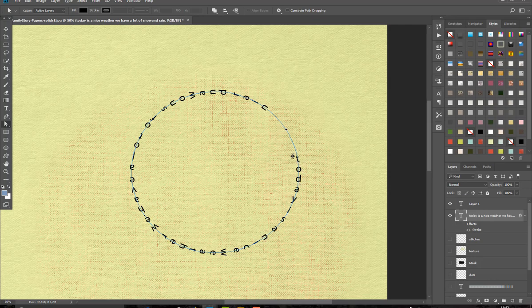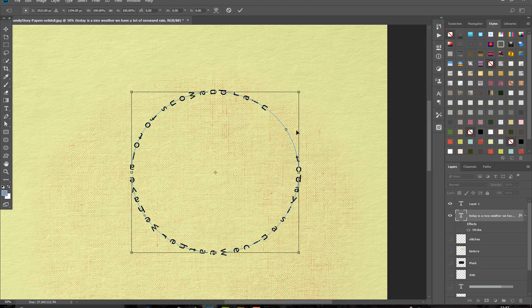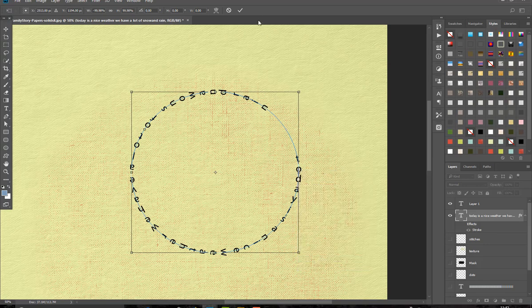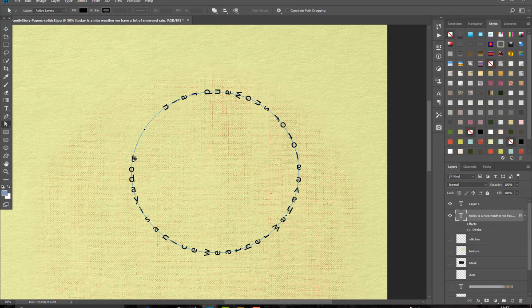And again, Control or Command T, and right click on your mouse and flip it horizontal. Okay, and now we start here, and again Control T,